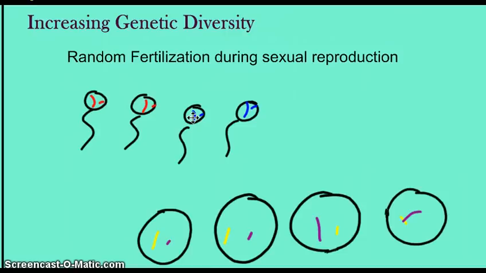So the long chromosome might carry the gene for eye color or hair color. And if it's the mother's version, you will be passing on in your sperm your mother's version of eye color. If it's your father's version that ended up in the sperm cell, you will be passing on your father's version of eye color. Okay. Likewise with the egg cell,